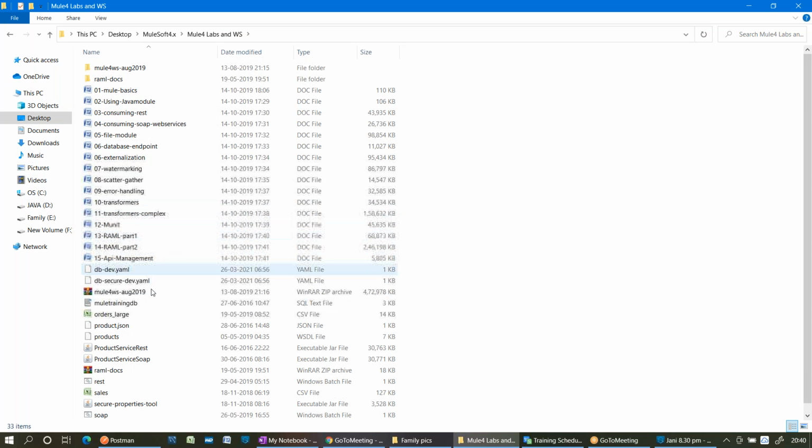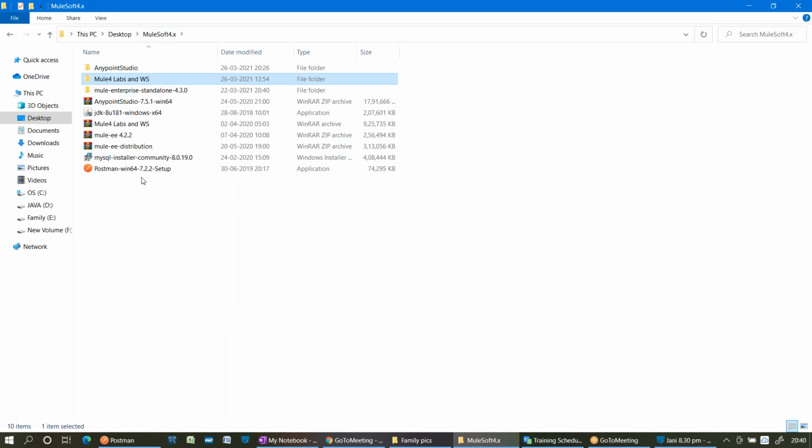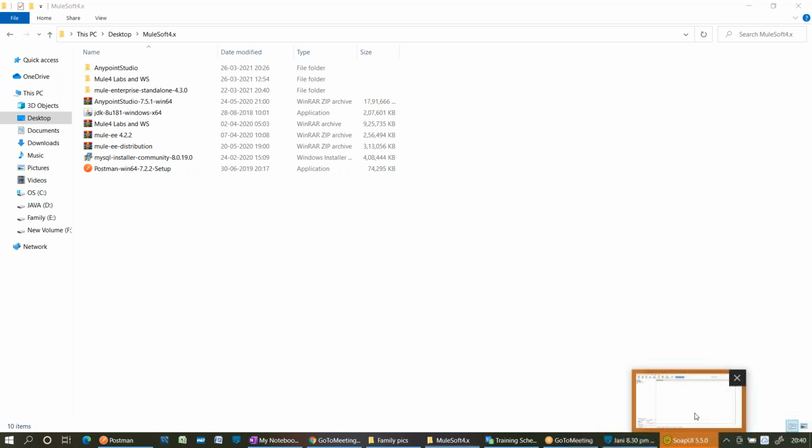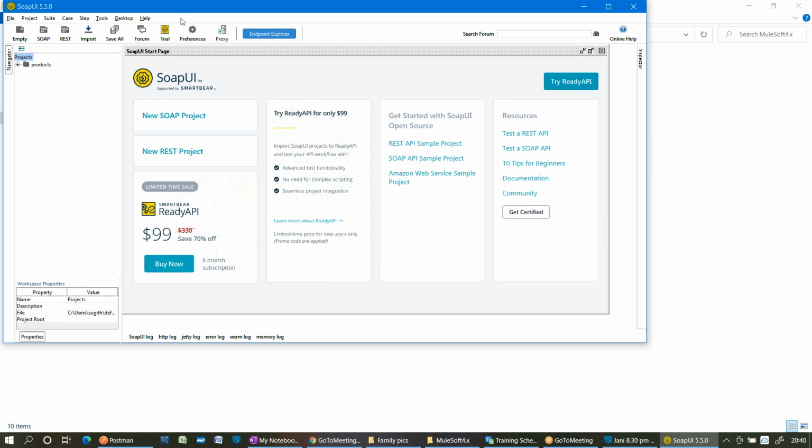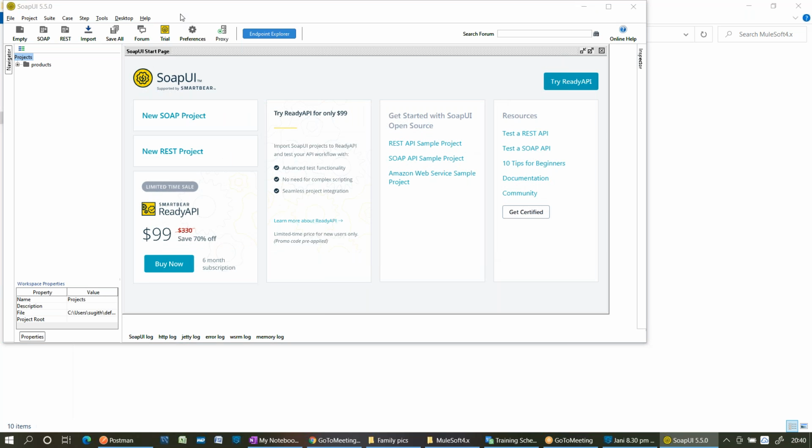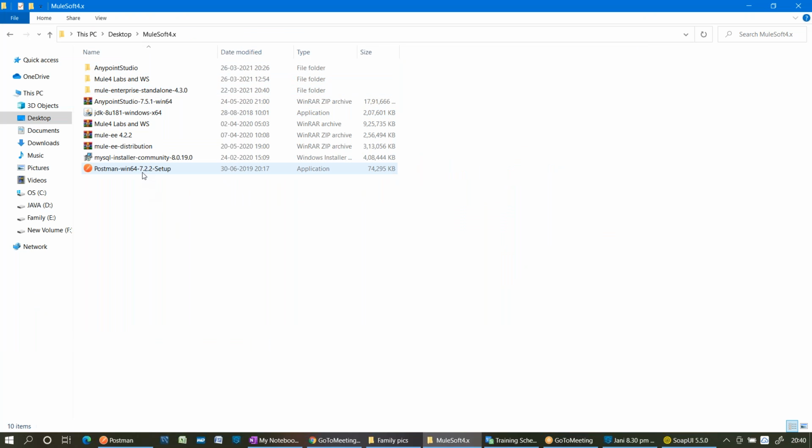Here you can see, sorry, in the softwares, I guess. Where is this SoapUI? Have I given it in your folders? Can you please cross check once? In the MuleSoft 4.x folder, did I give SoapUI, the installer? Can you please cross check? It's there, Sujit. It is there, right? Yeah, it's there. How come it is missing here? Strange. Okay, let it be.